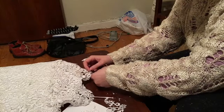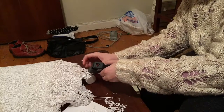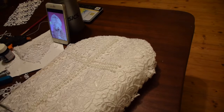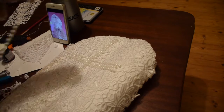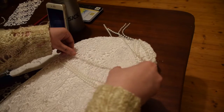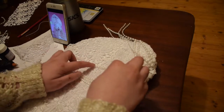Yes, I was using my face paint as a mechanism. At this point I was just following along the reference of how her cross looked on her Pope head. As for the little string things, I did attach a bead to it, so one of these. I actually pointed to my screen right now. This is a voiceover channel where we can't actually see what you're doing. So I did attach a little bead at the end of the string and then attach that to one of